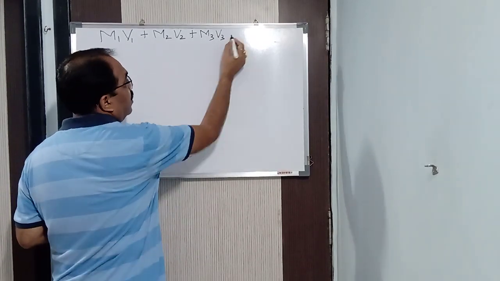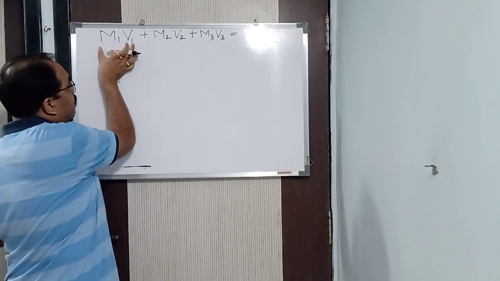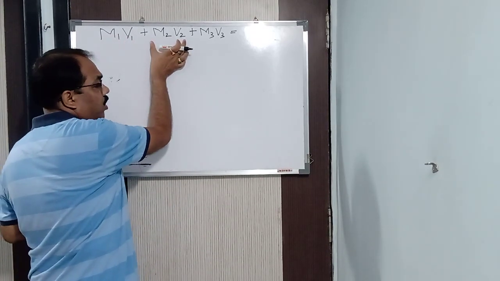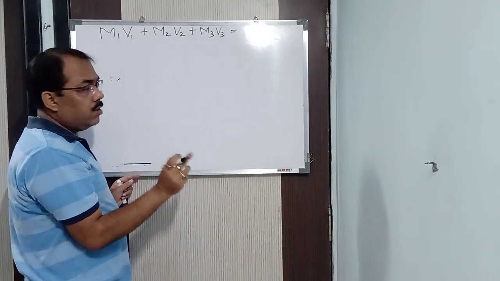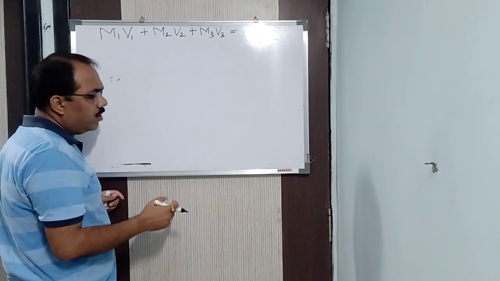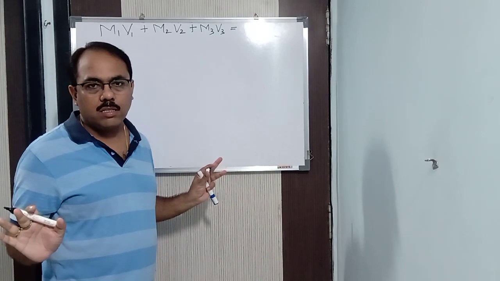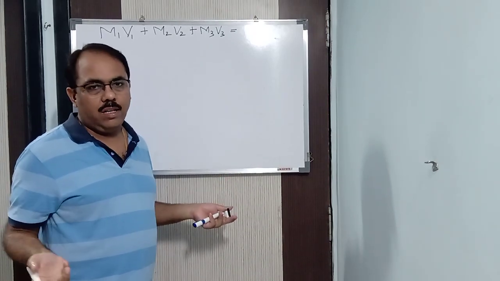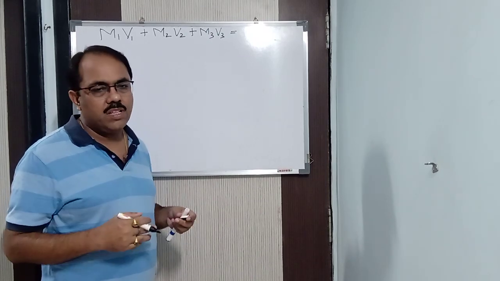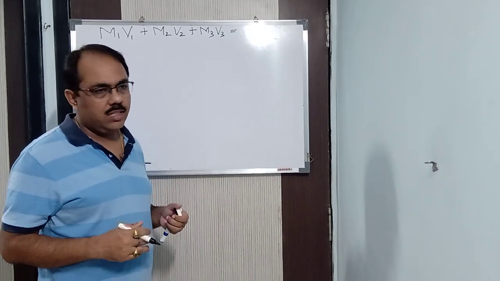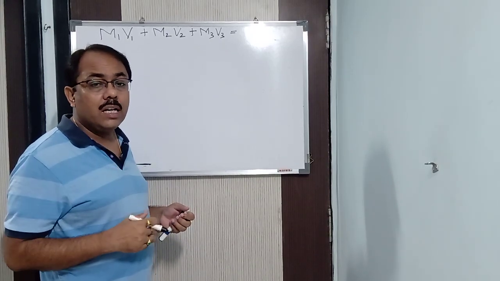Then what is the resultant molarity? I have taken nitric acid, sulfuric acid and hydrochloric acid, with molarity and volume given for each. On mixing, will they react? No, they are not going to react, because they are all acids. They all give H plus ions. When two substances of different types, like acids and bases, are mixed, they are going to react. Here no reaction is going to take place. Then what is the resultant concentration?